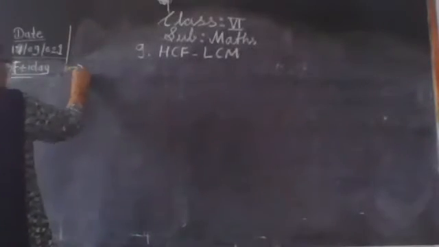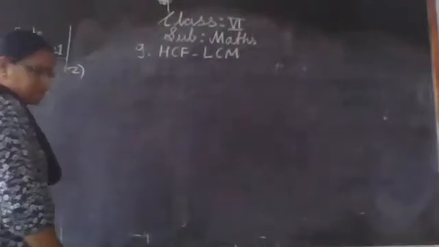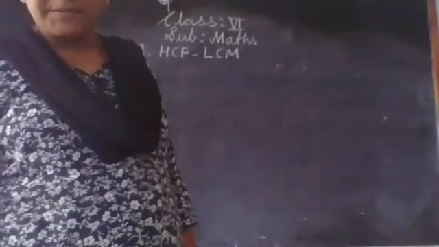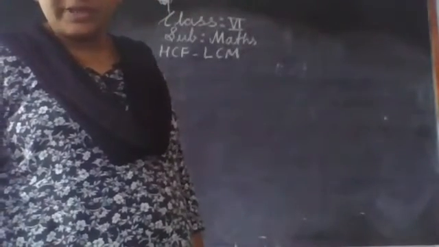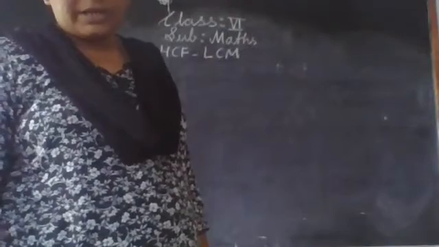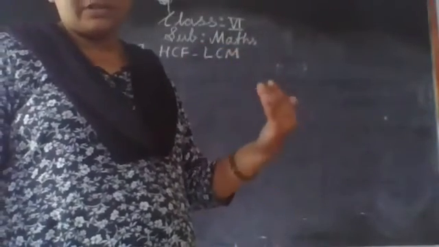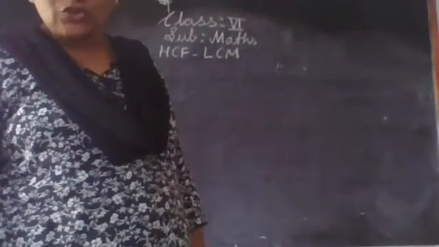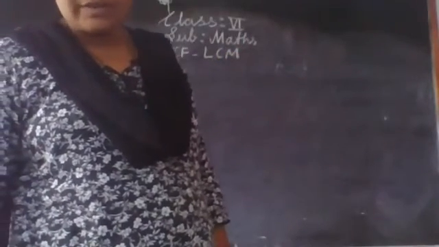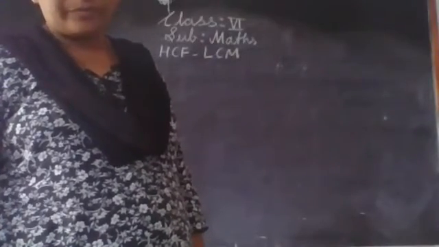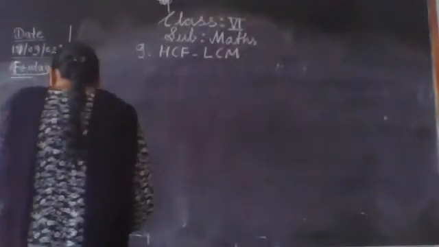And question number 2 is quite lengthy. See the question. In a morning walk, 3 persons step off together. Their steps measure 80 centimeters, 70 centimeters, and 75 centimeters, respectively. What is the minimum distance each should walk so that all can cover the same distance in a complete step? So I am writing these questions in short.